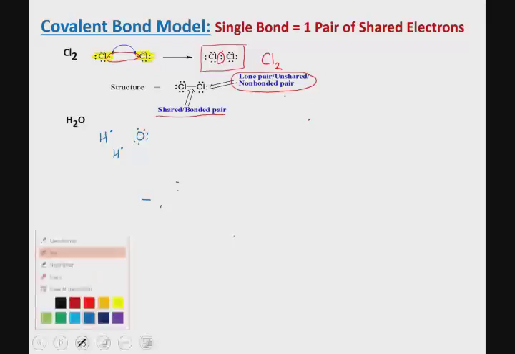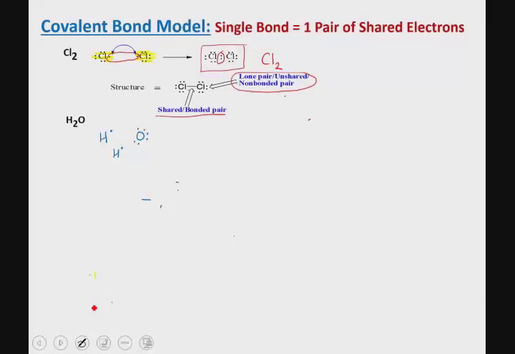So neither of these elements is capable of donating an electron to another because each of those are non-metallic elements. Neither of these can make a cation. So instead of doing ionic bonding, they decide to share electrons. So there is 1 pair right there, which basically makes this hydrogen atom happy. This hydrogen atom now has 2 electrons, and then the other hydrogen atom can also share electrons, making that hydrogen